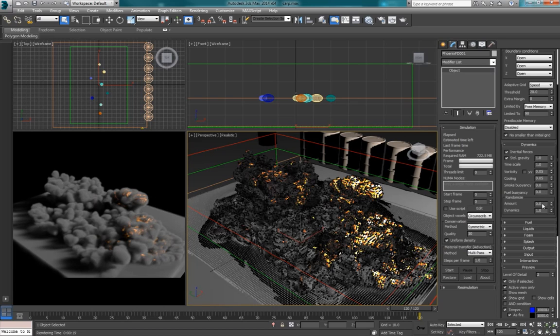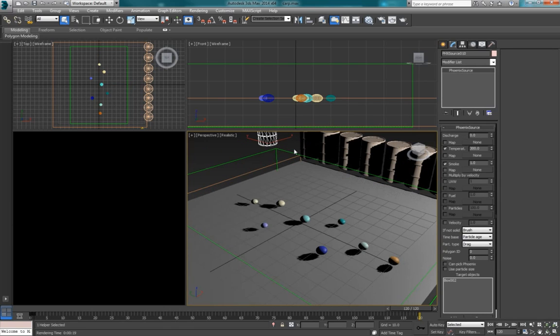And another thing is that we're going to add a bit of random noise to the simulation to make it more chaotic. So before I run again, another change that I made was that I animated the discharge of the Phoenix source that created the thin layer of smoke on top of the ground. I animated it in the manner that we animated the other emitters for the explosions. So it will emit the smoke with 100% discharge in the zeroth frame,